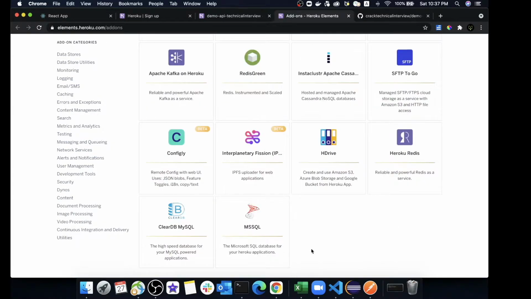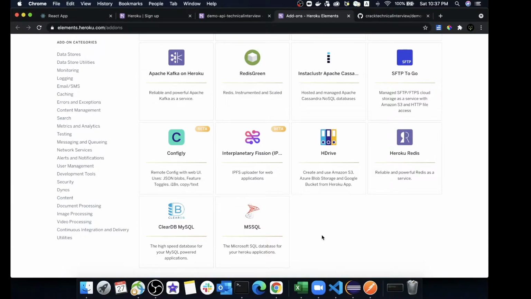So even if we are using the MySQL database in our local setup, we cannot use that MySQL over here because MySQL is a paid version. If you are developing your project for production, you can easily purchase it for your use, and you have to provide your credit card details accordingly.